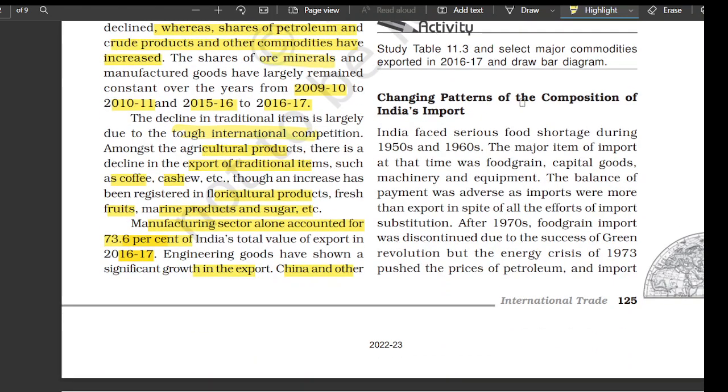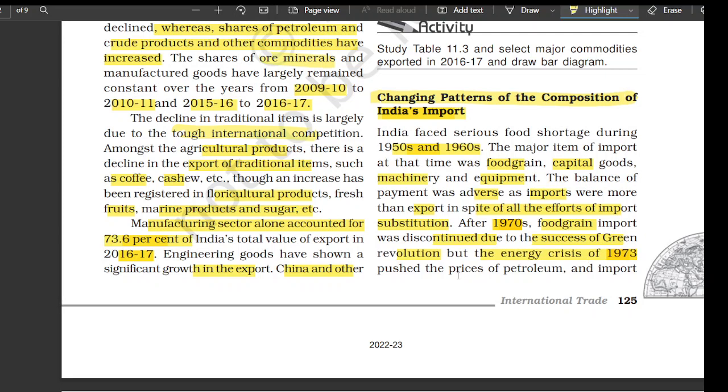Changing pattern of composition of India's import. India faced serious food shortage during 1950s and 60s. The major items of import at that time were food grain, capital goods, machinery and equipment. The balance of payment was adverse as imports were more than export in spite of all the efforts of import substitution. After 1970s, food grain import was discontinued due to the success of Green Revolution, but the energy crisis in